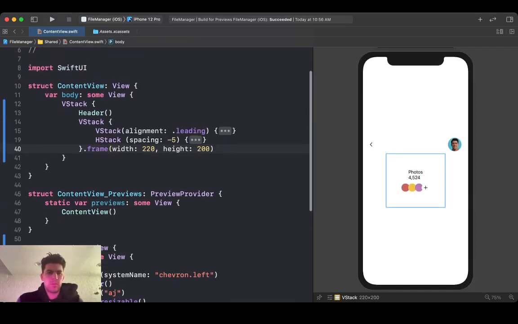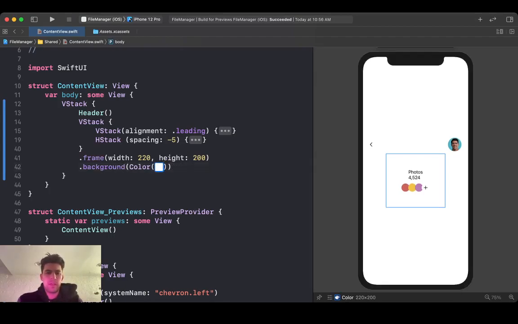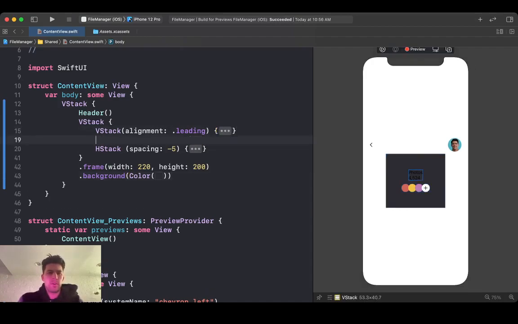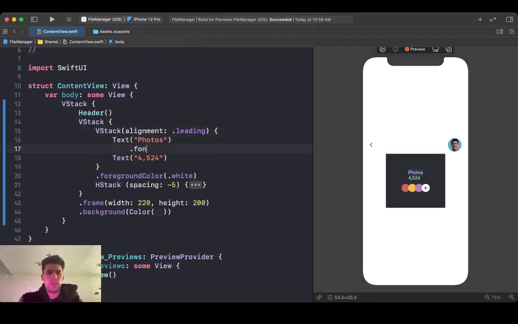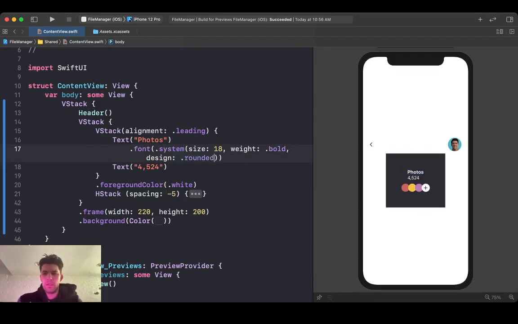All right, so let's put this down here. Background, color literal, and let's go ahead and grab this guy. Okay, awesome, and we're gonna put a foreground of that white here. And open this up, and we're going to do font that size, and it's going to be, what are we at here? Looking at maybe 18, got bold, got rounded, okay,